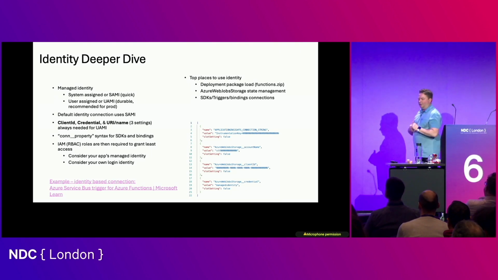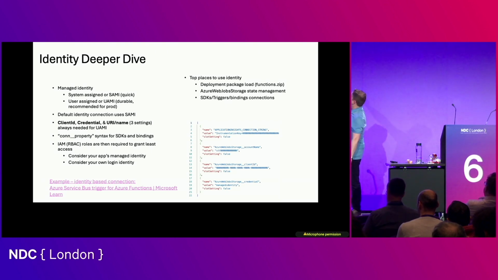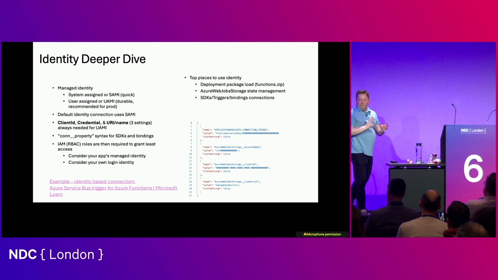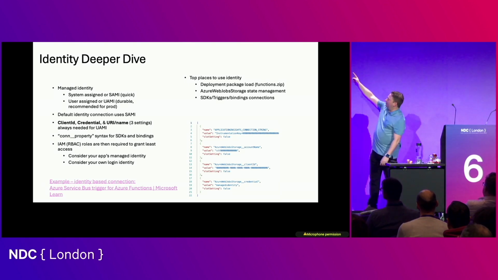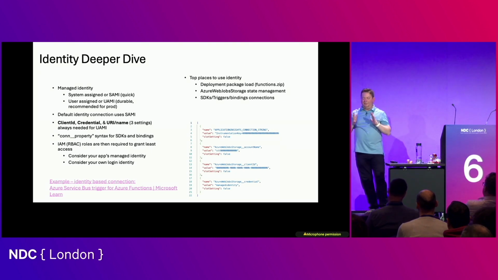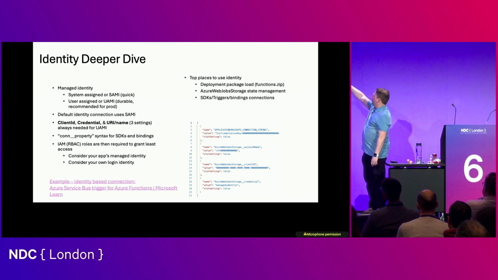Third thing, once you get into the realm of using user-assigned managed identity, you always need three things. You need that client ID, you need to set the credential property, and you need to set the equivalent of the resource name or the URI to the resource. Each resource in Azure has a little bit of a different flavor. Like a storage account has an account name, or each of the URIs, like blob service, table service, queue service, they all have a URI you can set here. And that's saying, hey, this is the exact vector into the service I want to use. The client ID is saying which identity you are going to use.